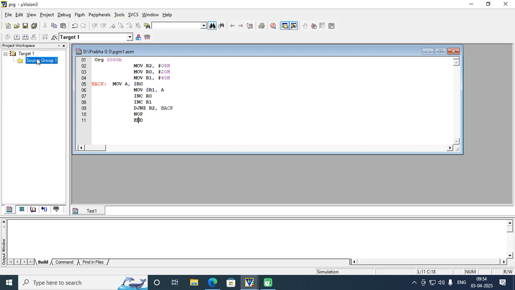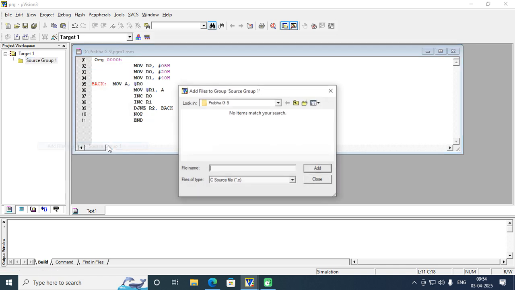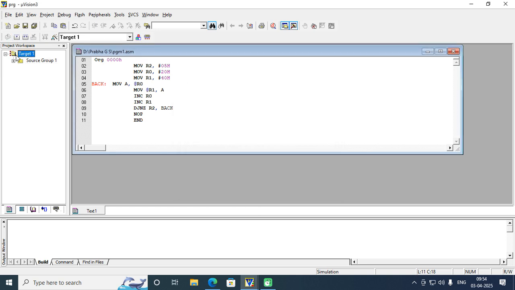Now the next step, after saving the file, it should be added to the project source code. So I need to take the ASM file named program1 and add it to the project, so that it has been added.